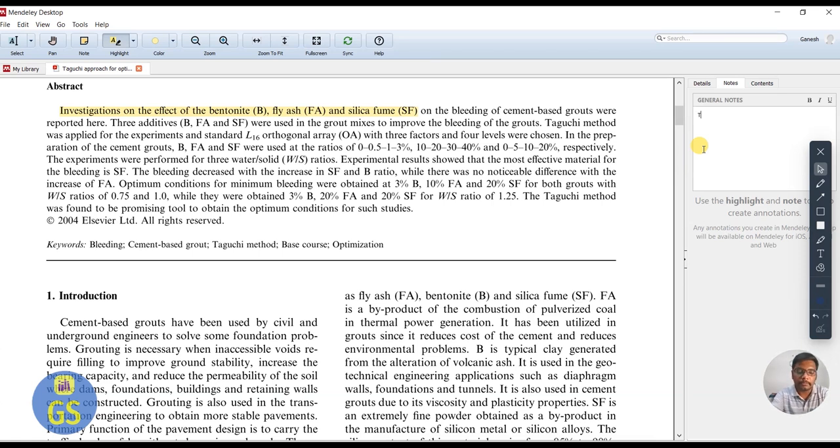So you want to write something like: the studies highlighted the application of bentonite, fly ash and silica fume on blended cement. Sorry, on blending of cement